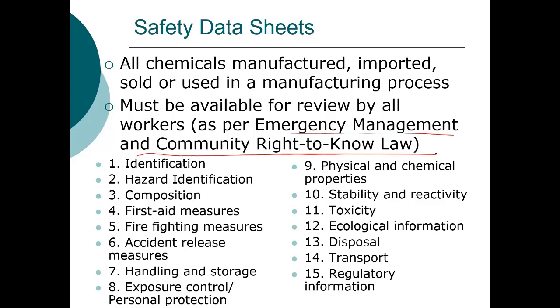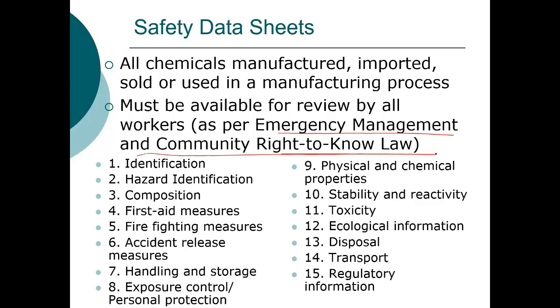And as I mentioned, this is an agreement that has been made through the UN to harmonize this information across the globe. So section 1 identifies what is the contaminant. We'll actually walk through a safety data sheet. Section 2 identifies the hazard, and we move through composition, first aid measures, firefighting measures, essentially everything you need to know